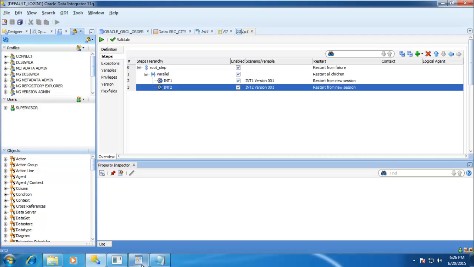And among these agents, we can have the scheduler agent, by which at the scheduled time it can execute the jobs. Generally, in the development environment, we'll have the ordinary agents, and in production, we'll have the scheduling agents. We have two types of agents: standalone agent and Java enterprise agent. This Java enterprise agent is going to be deployed on your WebLogic server. We'll discuss how to create these agents and how we can deploy the agent to your WebLogic. Those things also we are going to discuss as a part of the training.